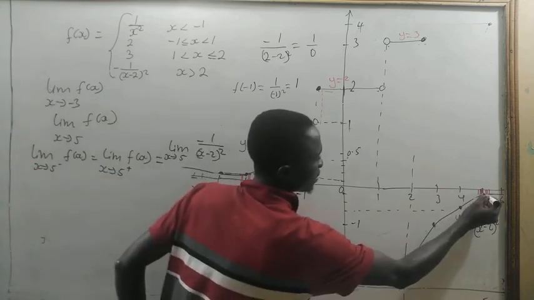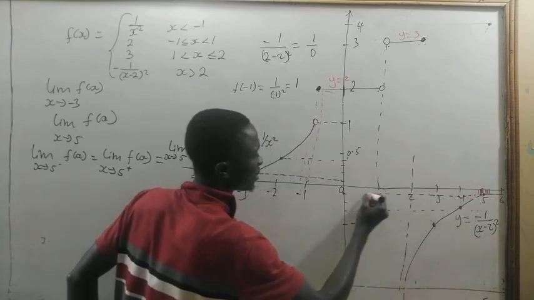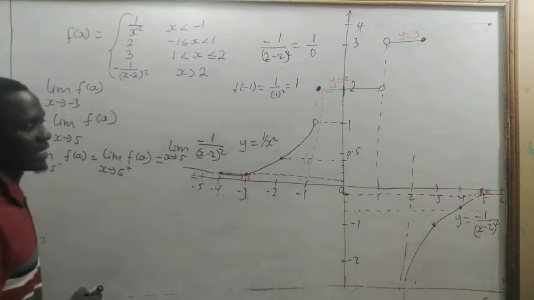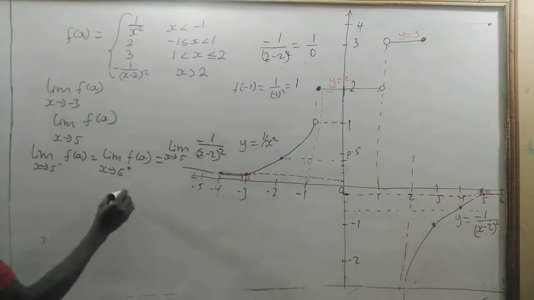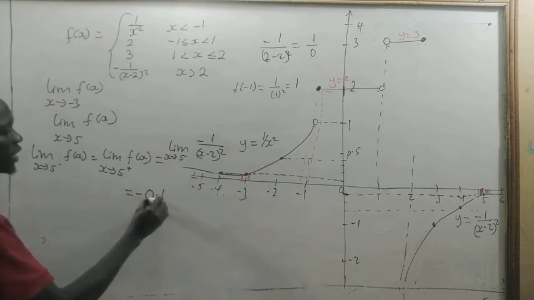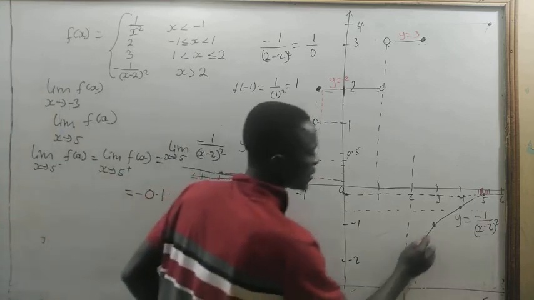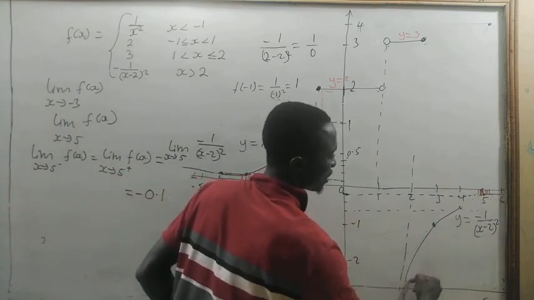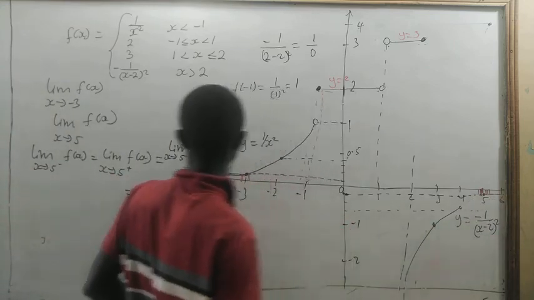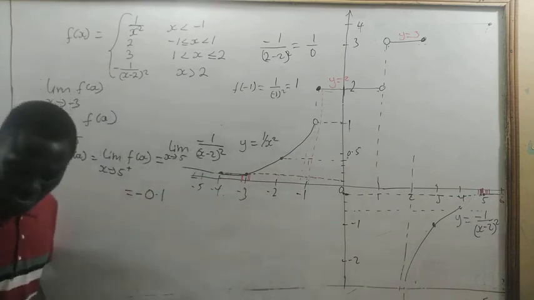And that is what? This point. If we trace it here, we said it is negative 0.1. So it is equal to negative 0.1. Very simple as that. It is being defined by the same curve. That's the same curve that we have here. Very simple as that. And the last one is